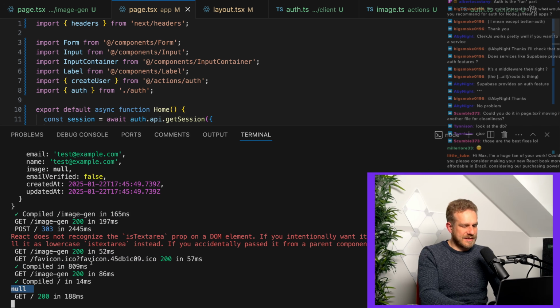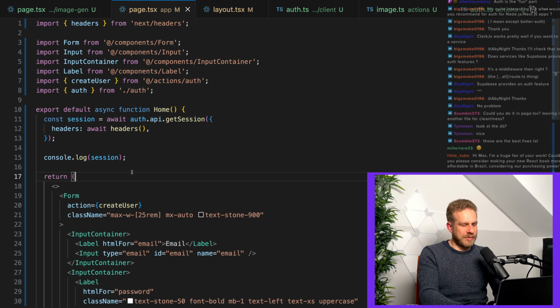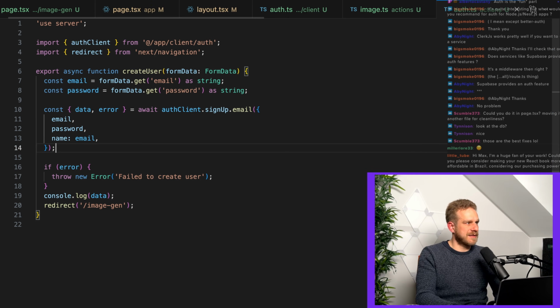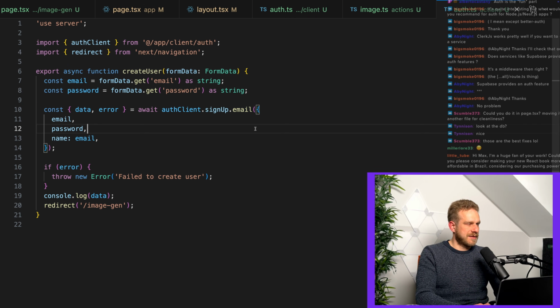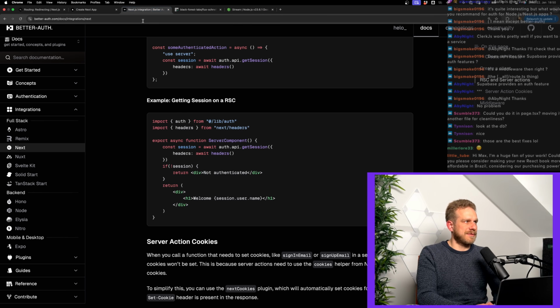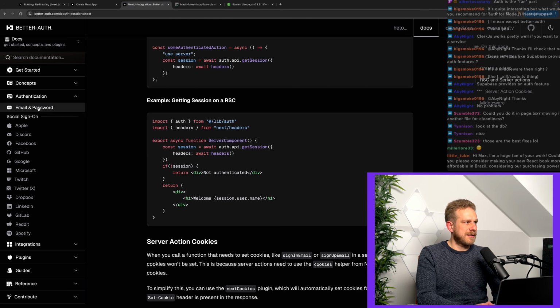this is null. That's kind of what I expected, because sure, I'm creating a user in this action here. It's definitely getting created in the database, but I'm not setting any cookies after creating that user here. So how would the running Next.js server know that this request coming from my browser is from a logged in user? And I know that users that are created should be signed in automatically, because